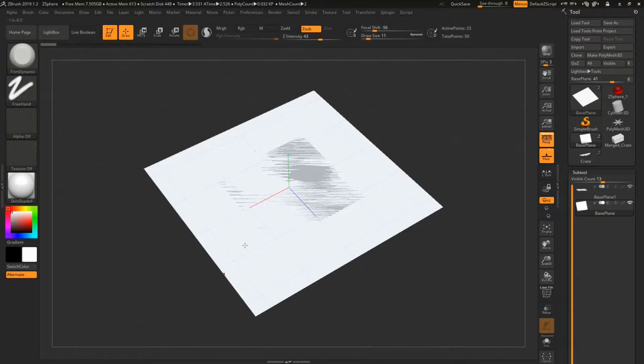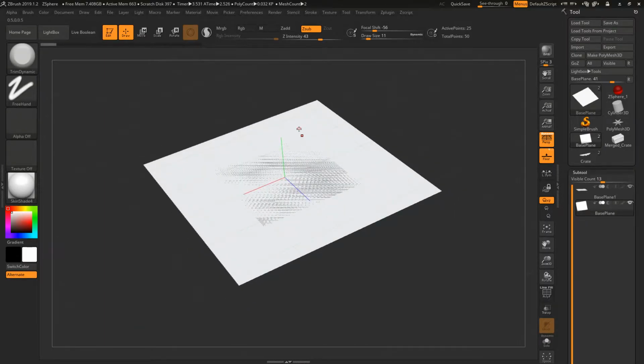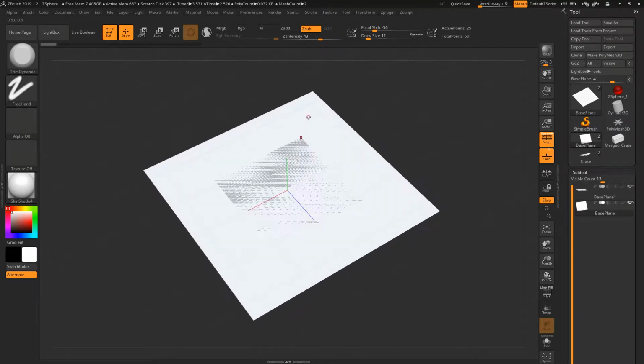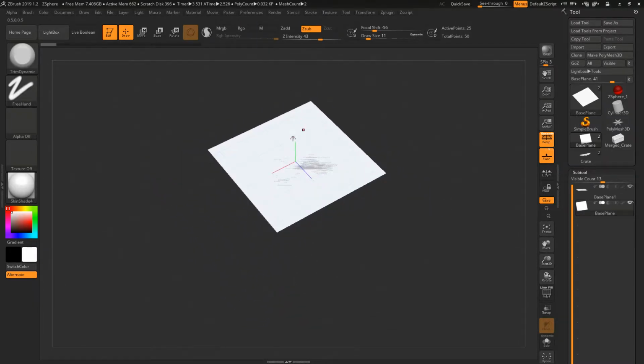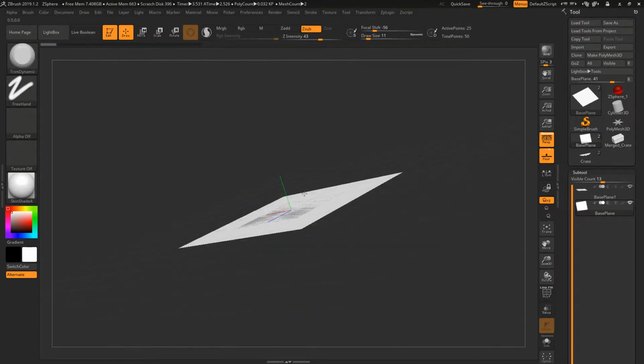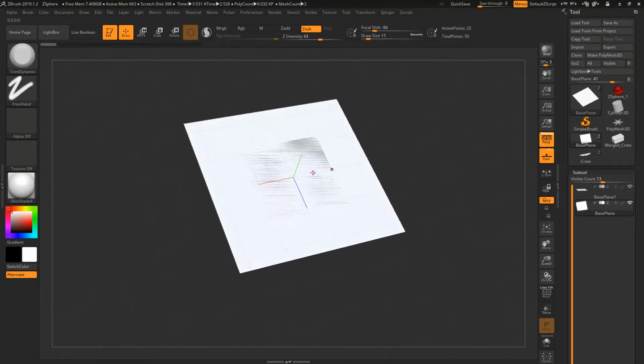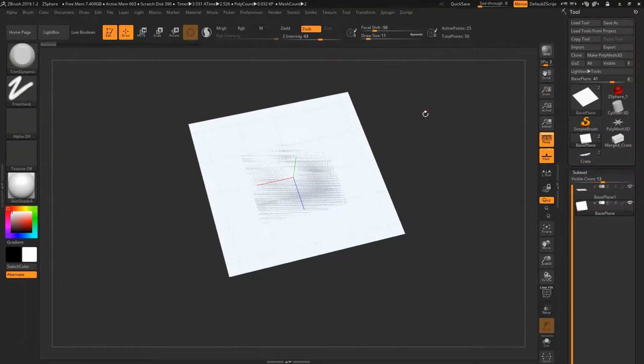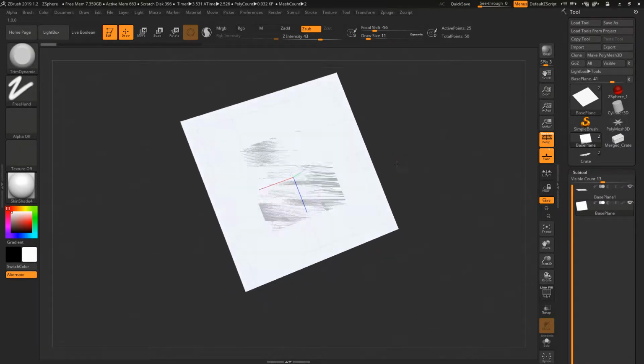Okay, so part two. This one is specific to environment texturing, because what we're going to do is make a tiling texture in ZBrush. We are not going to draw it. We are going to sculpt it. So ZBrush has some really cool functionality in terms of helping you with making tiling things and